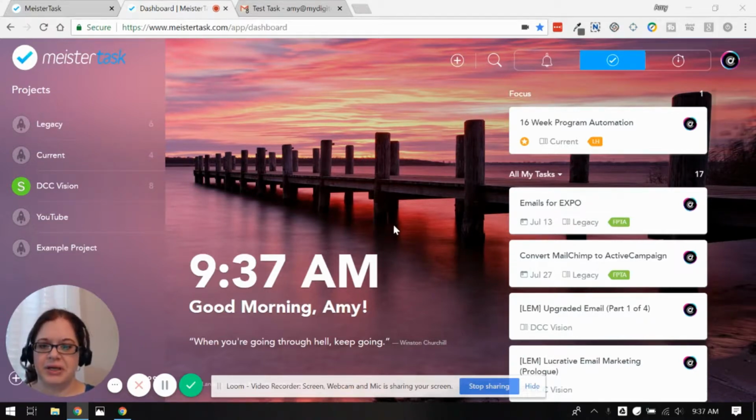So here on my page is my actual dashboard. One thing that they haven't changed yet, but that is coming because they replied to the last video that I did, is they're supposed to be reconfiguring this dashboard area because, as you can see, there's still a lot of space here that's being underutilized. So I'm looking forward to that coming out.